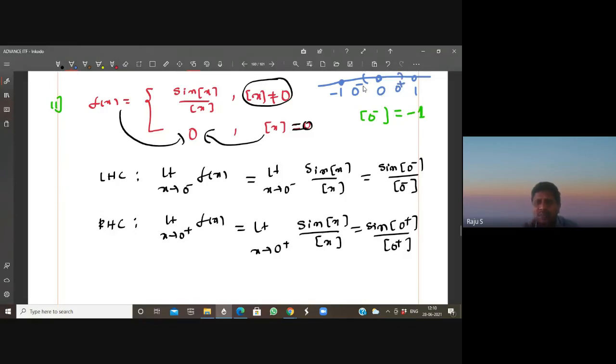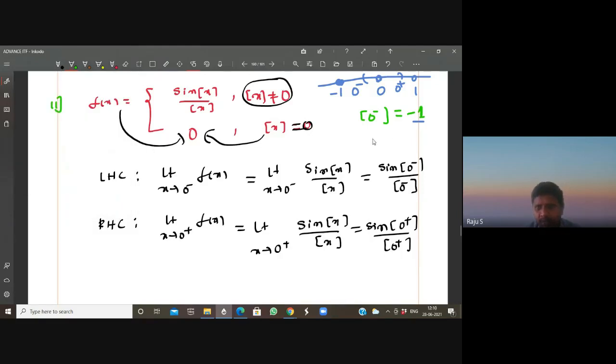0 minus means it is lesser than 0, negative value. The value should lie between -1 to 0, but it should not be 0, lesser than 0. It may be minus 0.88, minus 0.99, minus 0.1, minus 0.2, whatever it is. In all the cases, it will be -1 because immediately the left side integer is -1. Okay, then